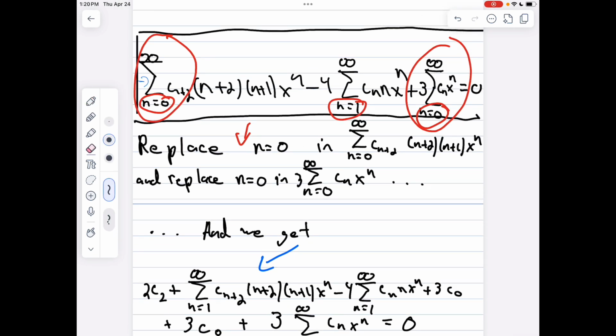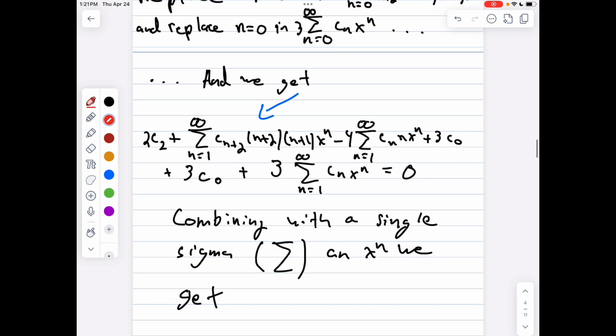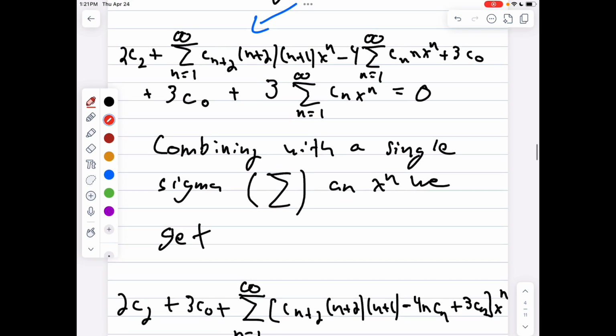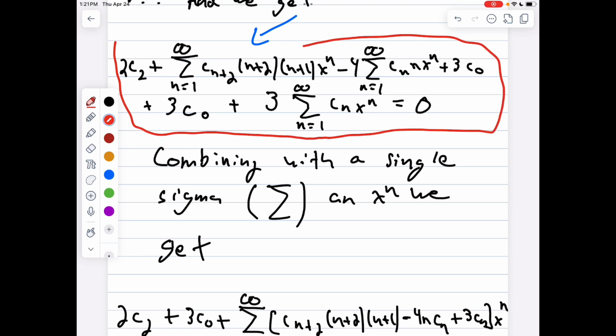Let me erase a couple of things to make this clear. You will replace n equals 0 here and here, and this is what you would get: 2c2 plus sigma plus minus 4 sigma, some stuff,